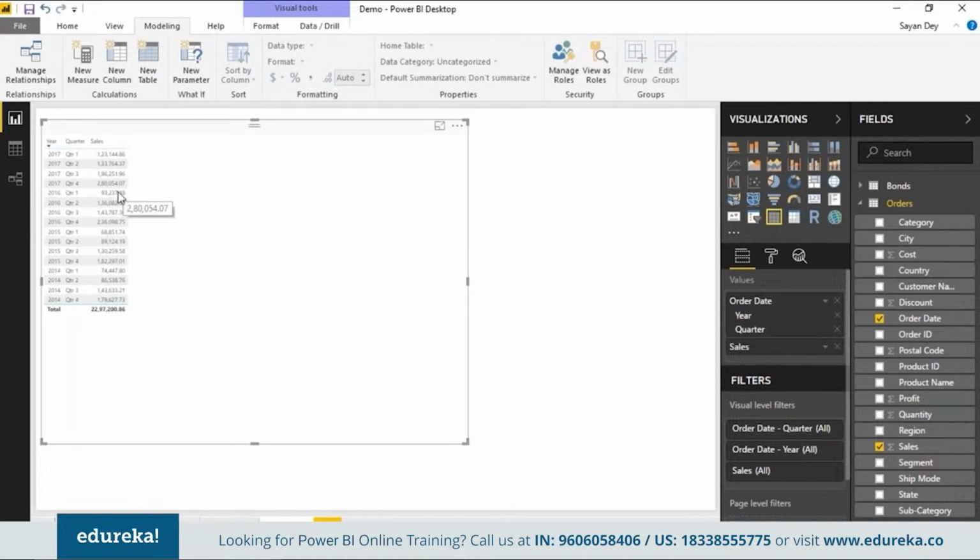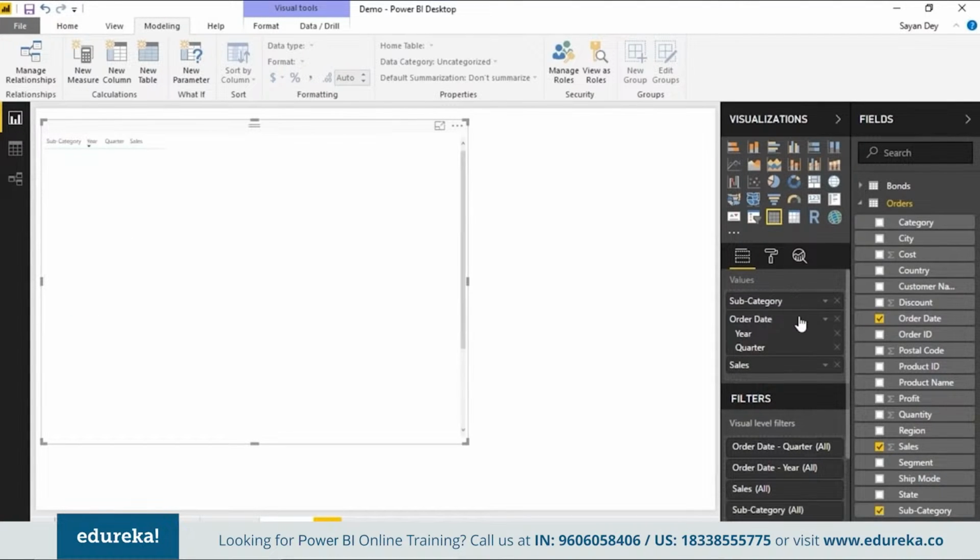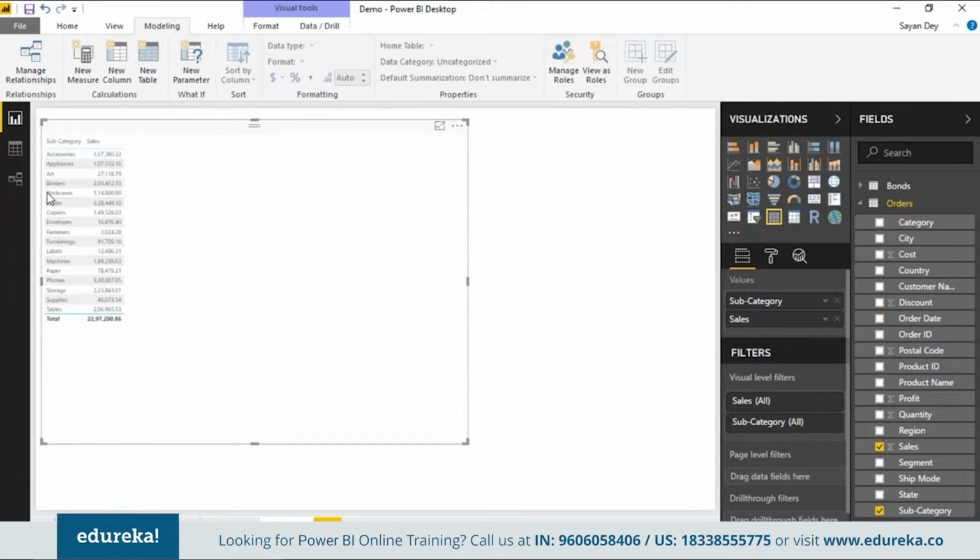Right now, what I want to know is a percentage. Okay, so let's say the scenario is that I need to know, right now what I'm seeing is the total sales, the absolute value of sales, right? But what if I want to quickly figure out the percentage of the total? So for instance, right now you're looking at quarter wise, or maybe another good example will be taking subcategory. Instead of taking order date, let's take subcategory. Okay, so right now what you're seeing is sales across different subcategories. But what if you want to know what is the total percentage of paper sales compared to the total?